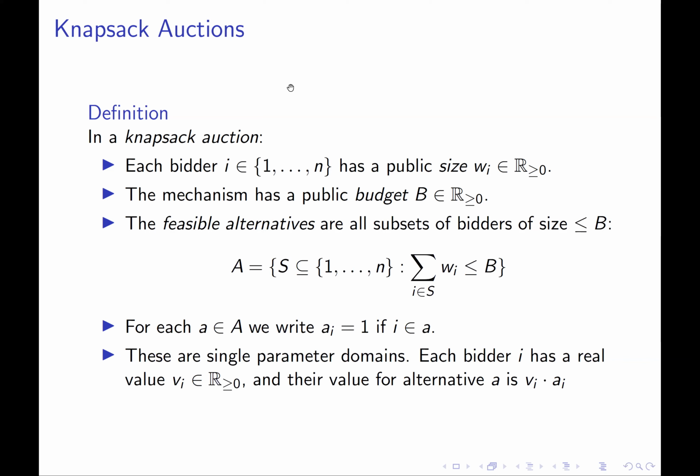So it's a natural setting where people can either win the auction or lose the auction. They have some fixed value for winning. I don't know what it is. I need to get them to truthfully report it. And they get no value for losing. This is a single parameter domain of the sort that we studied last class, which is going to be convenient for us because we know exactly what kinds of algorithms can be made truthful in single parameter domain settings.